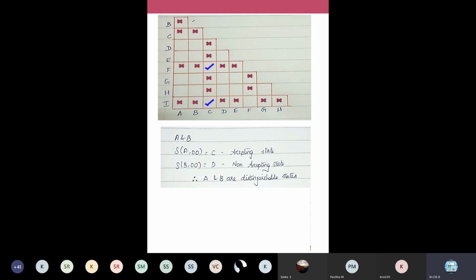So here the risk is how we are choosing the string to find out distinguishability. Our task is to prove distinguishability. Sometimes we may make a mistake and simply write that it is equivalent. But your task is to identify the distinguishable states. You have to identify the distinguishable states.